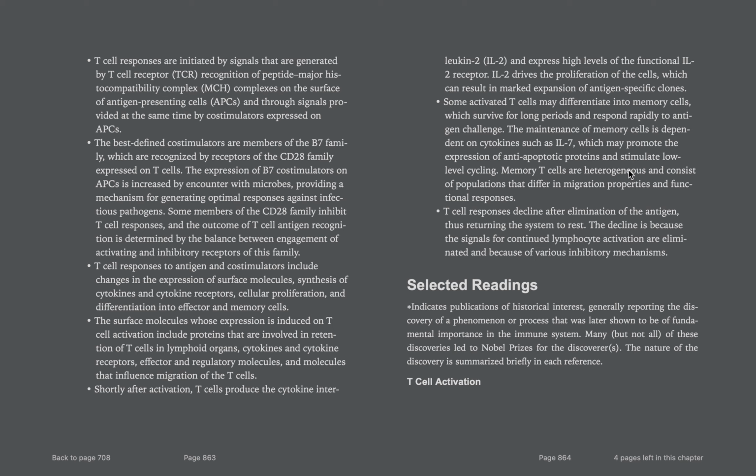Shortly after activation, the T cell produces the cytokine Interleukin-2 and expresses high levels of functional Interleukin-2 receptor. The Interleukin-2 receptor drives the proliferation of the cell, which can result in marked expansion of specific